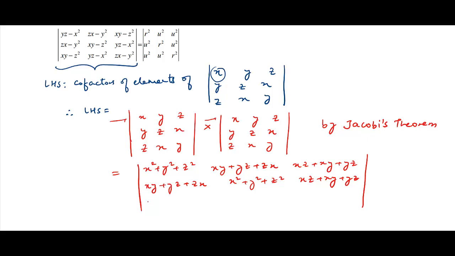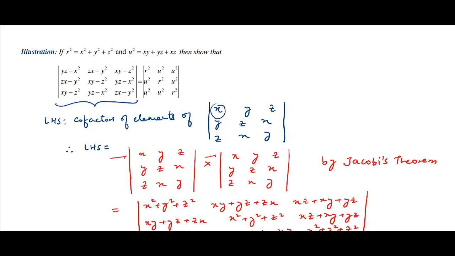And this is zx plus xy plus yz, then yz plus xz plus xy, and then x square plus y square plus z square. And now we are given that x square plus y square plus z square is equal to r square, and we are also given that xy plus yz plus xz is equal to u square. So simply put the values here,